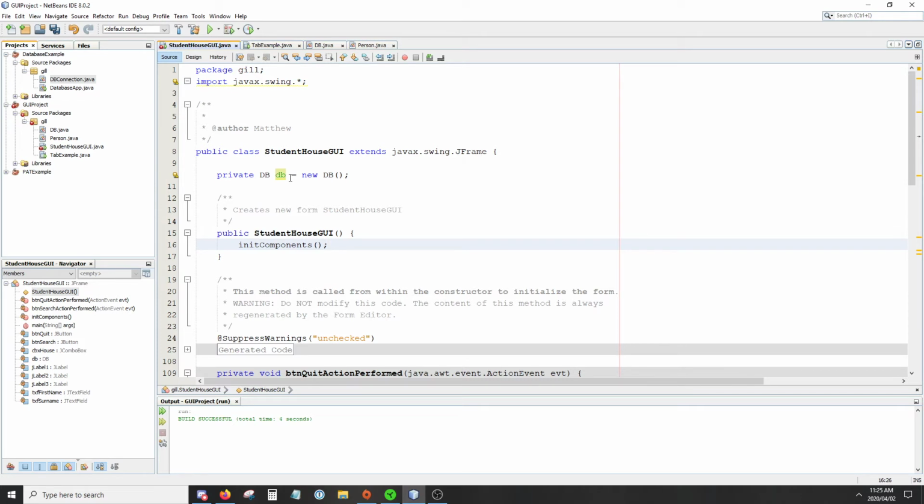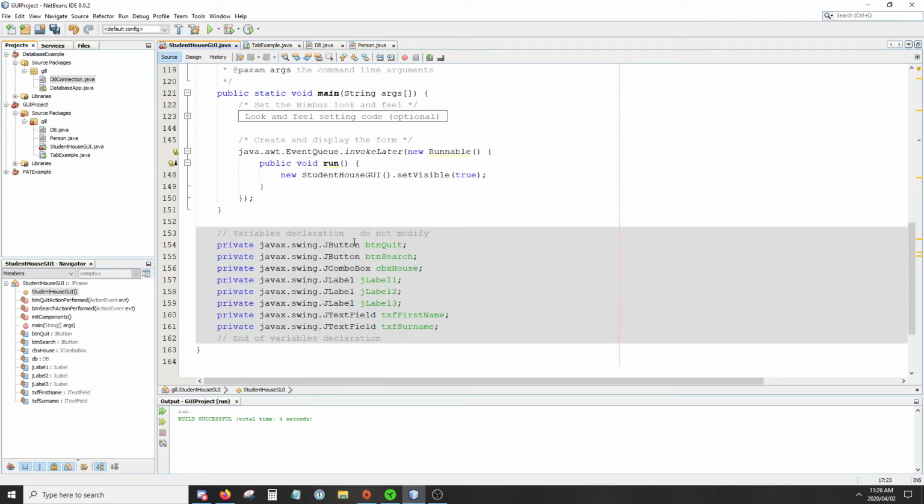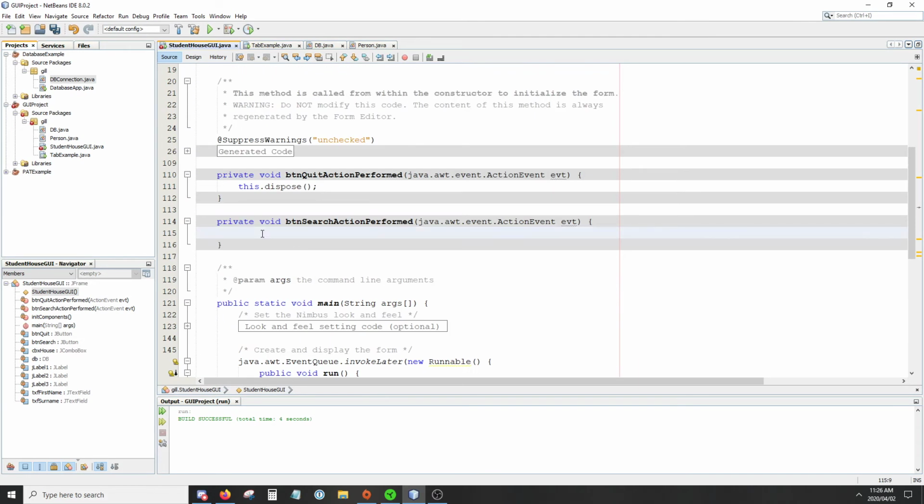And so over here, let's do this. DB equals new DB. Not wrong having it up the top like I had, but I do prefer to do all my initializing inside the actual constructor and instantiating. Right. So then we'll say